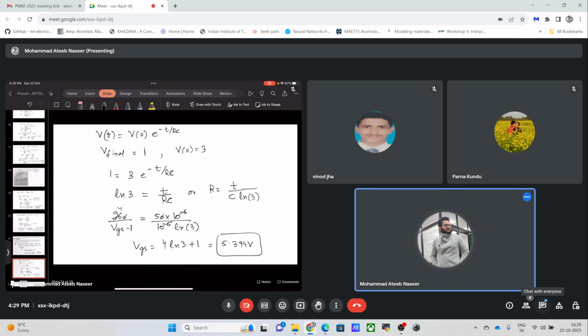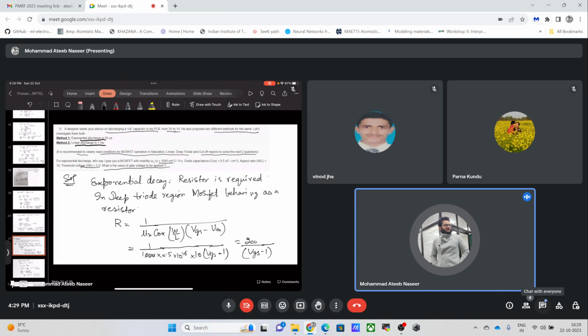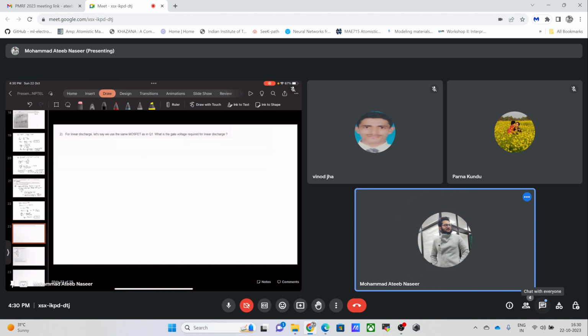Now for the other part, let's check. We require the linear discharge, and for the linear discharge we require the MOSFET to act as a current sink kind of thing. So we want to bias it in the saturation region. So if I bias the MOSFET in the saturation region,